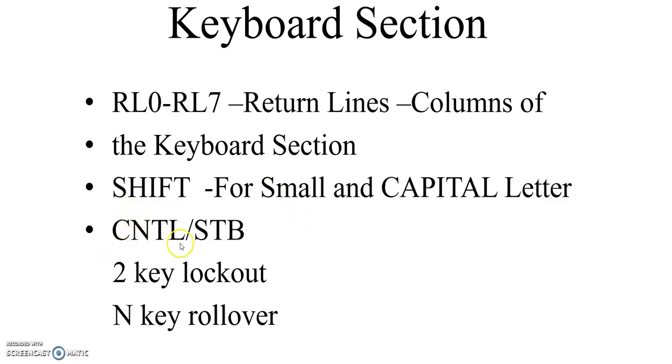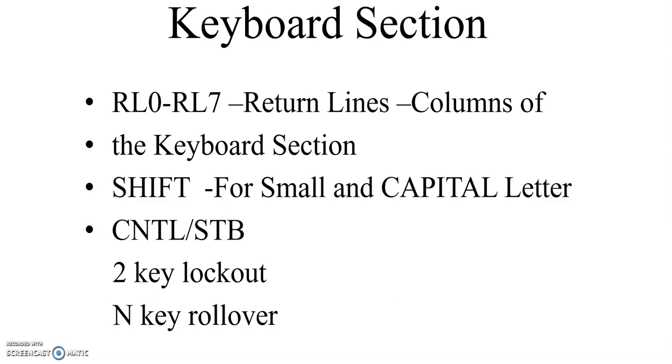So next one, control and strobe signal. In keyboard mode, this line is used as a control input and stored with a key closure in the FIFO. In strobed input mode, the line is used as a strobe that enters the data into the FIFO RAM. It has an internal pull up. This line is pulled down with the key closure.